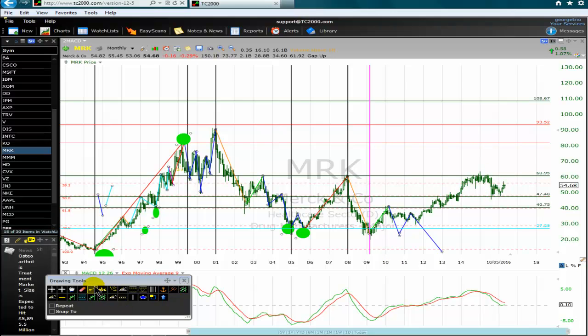In that condition, if the stock market starts going down, what will go through the minds of traders? They will expect Merck to go back again to the level of $28, the level where they bought. I don't know why Merck did not go up like other stocks, because the market was going up from 2009 up to this point, but Merck did not go up very much. This is what we are talking about. You want to check the fundamentals, the competition, the market share, perform at least a Google acid test, a kind of fundamental analysis, check the management and see whether they changed their management recently, what's going on, and why the stock did not go up from 2009 very much